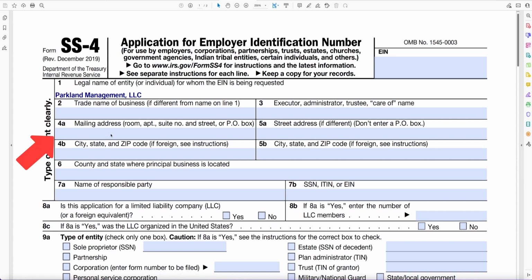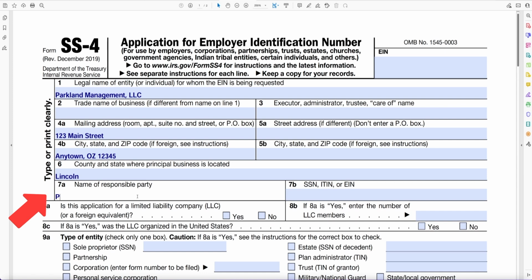Mailing address. You'll want to go ahead and enter your mailing address here. Okay. If the street address is different, you'll use 5A and 5B. Responsible party, let's say Pat Smith. Okay. Social Security number 1, 2, 3, 4, 5,